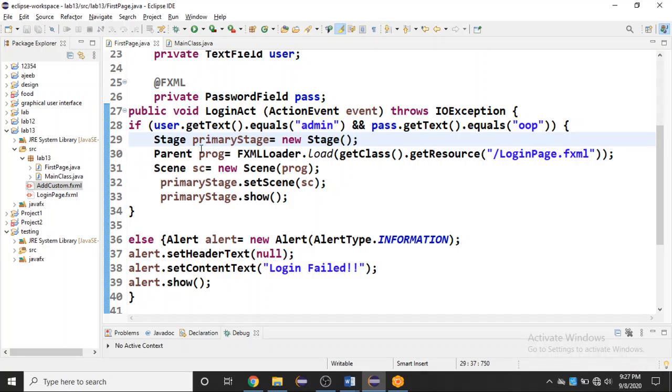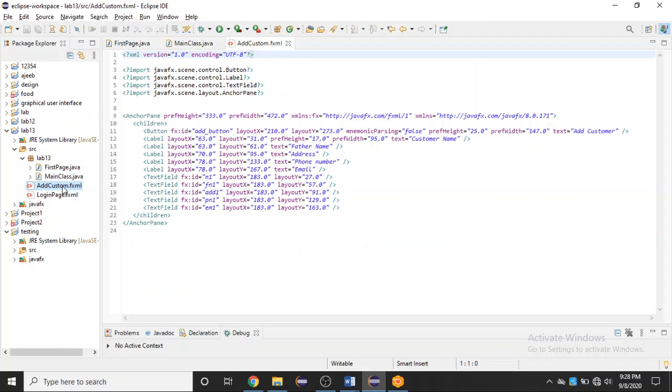Now we have created our stage, and then we have linked our stage to scene by the setScene method. Then we have just called the show method by our stage object. Now I am executing. First of all I am double clicking on the add custom.fxml file and checking all these labels and their fx IDs which I have set.